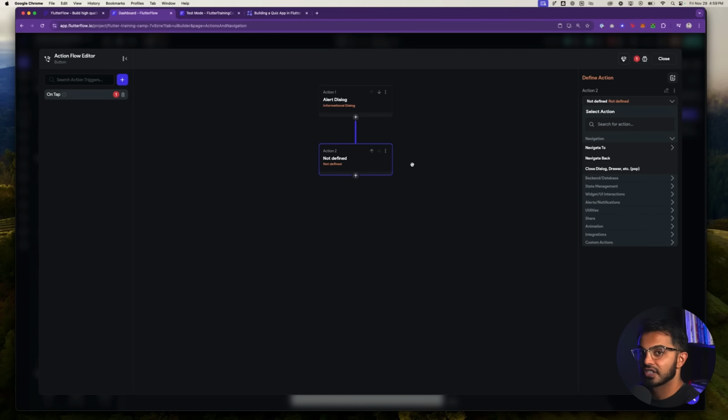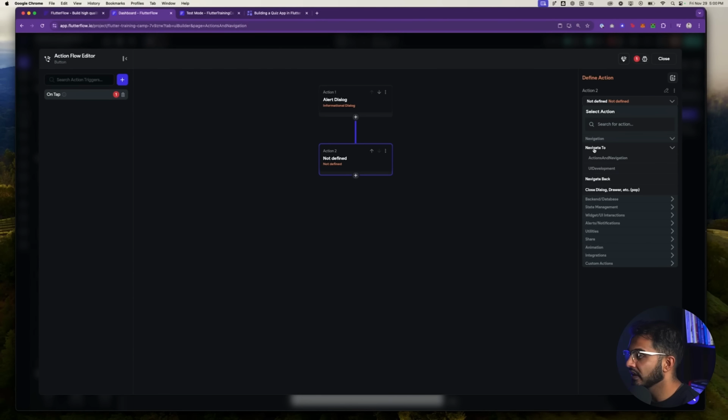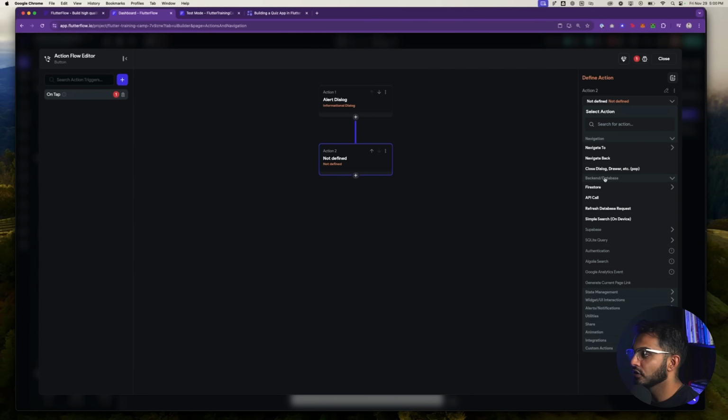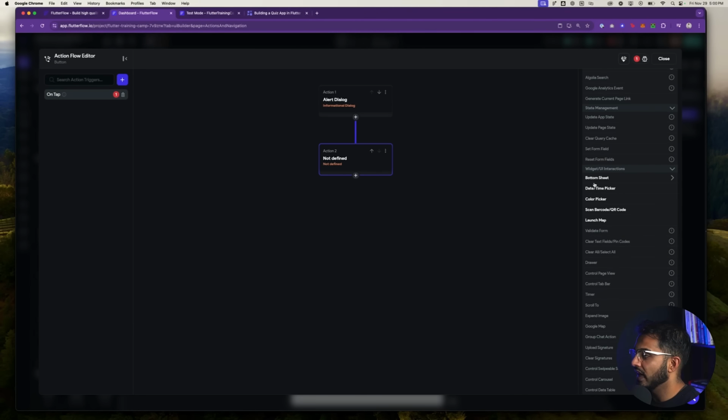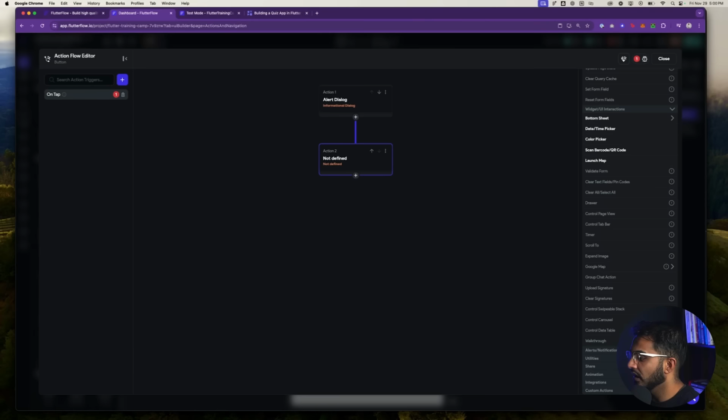There are many types of actions that you can choose from. Actions range from navigation actions where you can go from screen to screen. You can navigate back. You can do database actions like updating documents in Firestore, making an API call, refreshing the database. We're going to get into a lot of these when we work on our sample project at the end of the master course. You can do Supabase, and so pretty much everything that's backend or database related, you can do from right here. We're going to study state management in just a moment, but you can also update the state of your app. You can show really cool interactions like a bottom sheet, a date picker, color picker. You could launch a QR code scanner. You can trigger alerts.